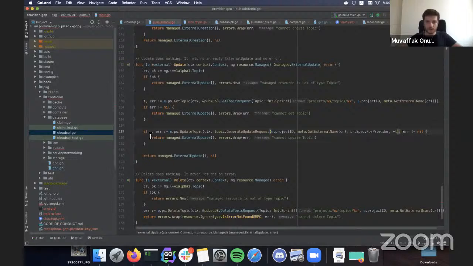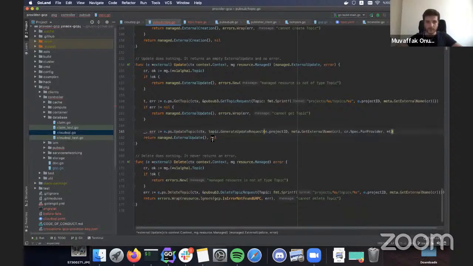In fact, we can just make it like this. Okay, so one of the nice things about this errors.Wrap is that if the error is nil, it does nothing. It just returns nil. So in this case, you don't have to do the if error stuff. So that's cosmetically nice. Cool. So we've got the update as well.